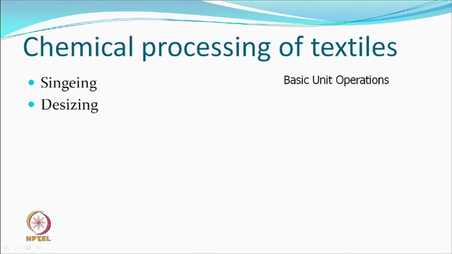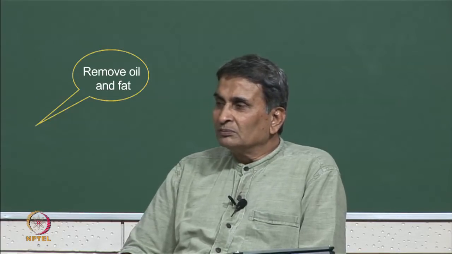And then scouring. So, this scouring is not for every fiber as such, but every fiber will have a different reason for scouring. Cotton probably is one of the most important ones, which requires a lot of scouring. Why do we do scouring? Remove oil and fat material. So, you have various oils and fatty materials in the fabric, and you would like to remove them, so that the next processing becomes good. And one of the reasons why you are looking at it is the wettability of the material.